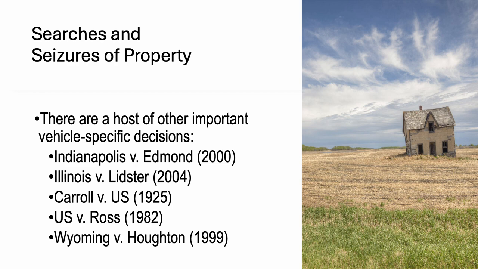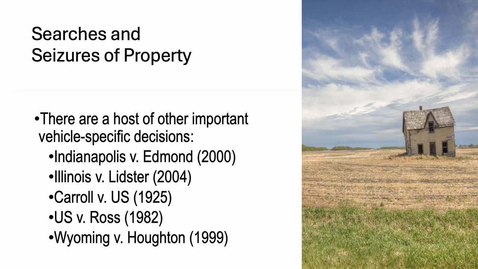And then on the other one, Illinois versus Lidster, that was a Supreme Court case that upheld the constitutionality of police checkpoints. And so those checkpoints and those rulings were found to be constitutional based upon how they were done and where they were done. And each one of these court cases, again, Ross, U.S. versus Ross, is another really important one that talked about the probable cause to search a vehicle, where they can search parts of the vehicle that may contain concealed objects.